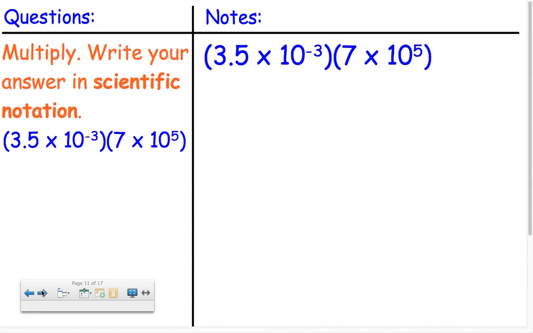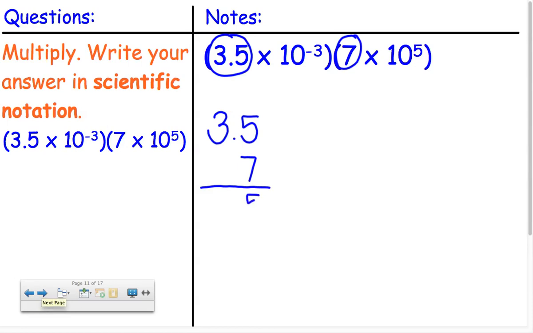Now I'm going to multiply 3.5 by 7. So 3.5 times 7. 5 times 7 is 35. 3 times 7 is 21. 21 plus 3 is 24. I have just one number to the right of the decimal, so I'll go 1 over. 24.5